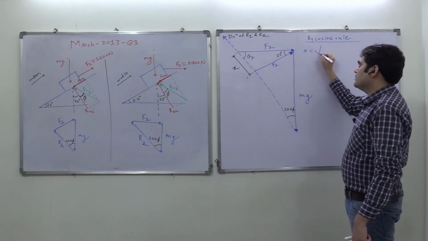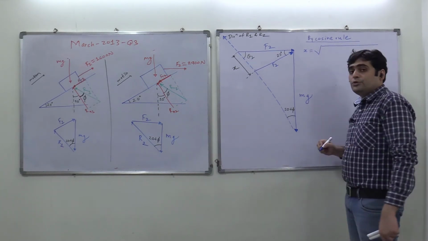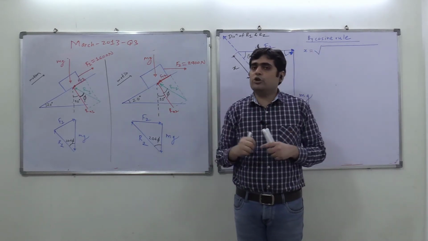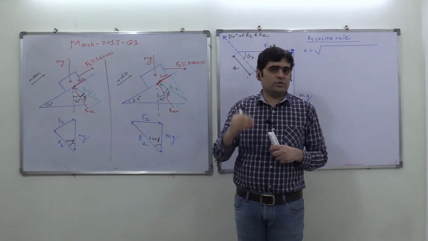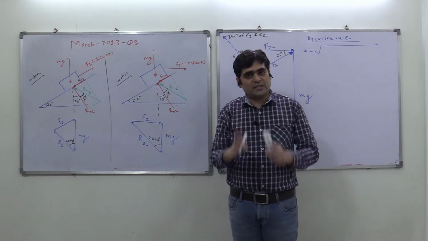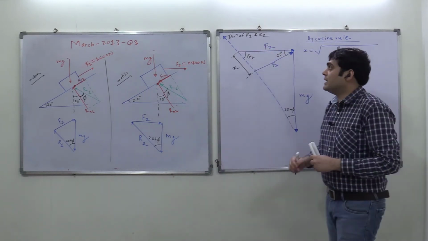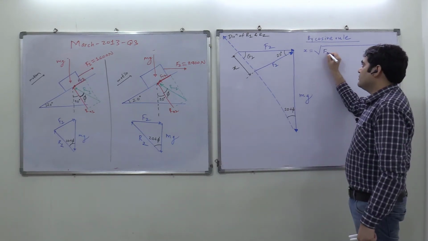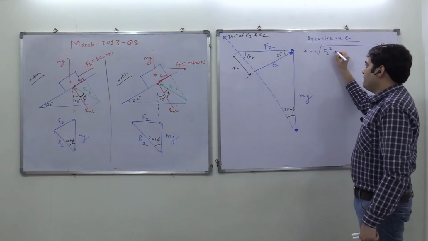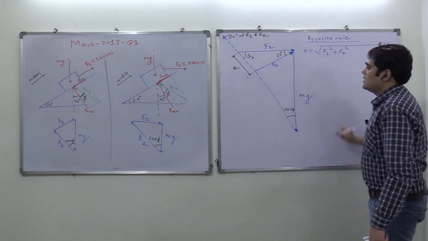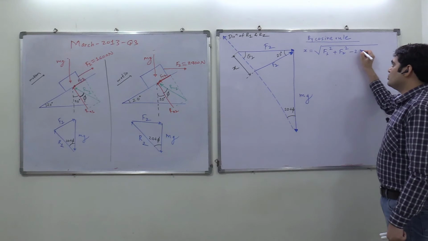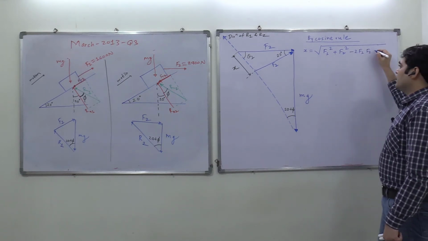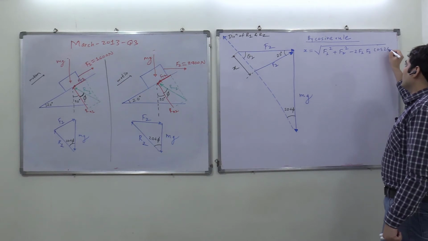Under root of. Guys, don't forget the sine rule and cosine rule, and the three trigonometric functions sine, cos, tan. Don't forget them if you want to pass mechanics. These things are very, very important to us. So x will be equal to under root of F1 square plus F2 square minus 2 times F1, F2 into cos 20.